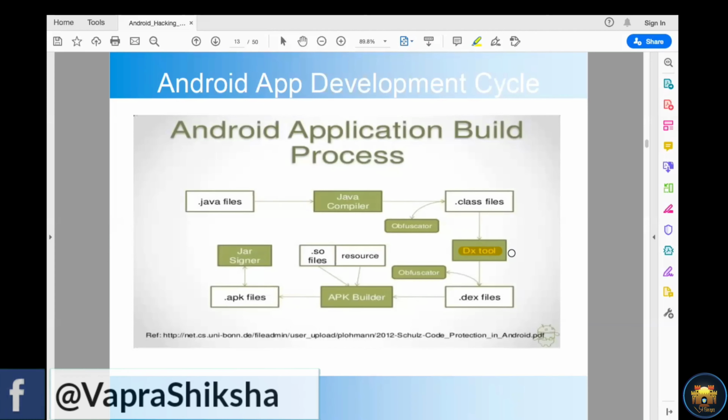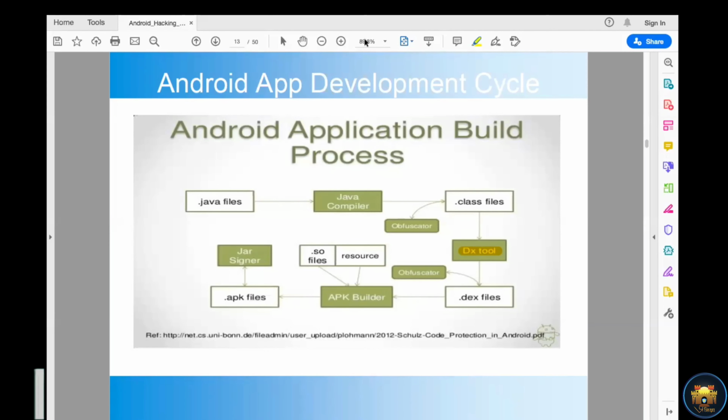Then use the APK builder to build the APK file. In the APK file, there are source files, some system-related SO files, some image files, a strings.xml file, and icon files. Everything is mentioned in the resource file.